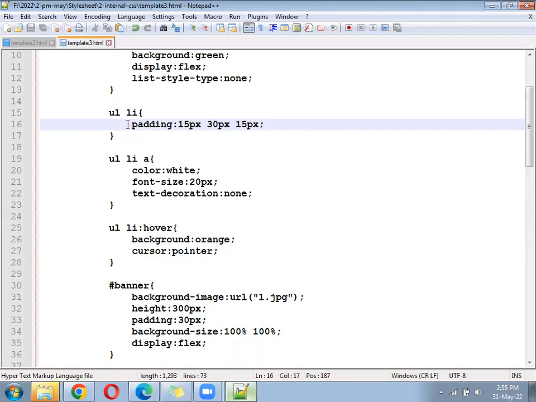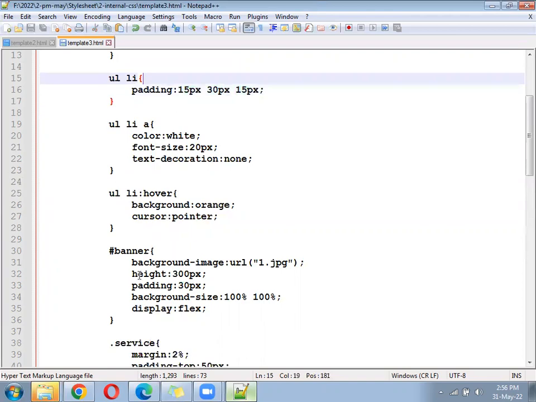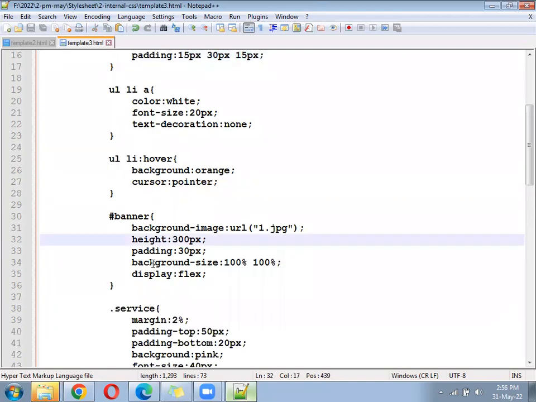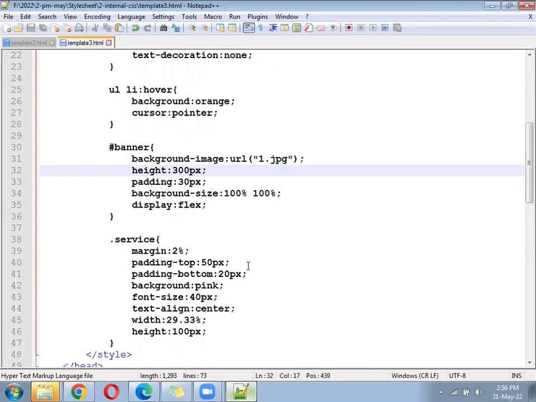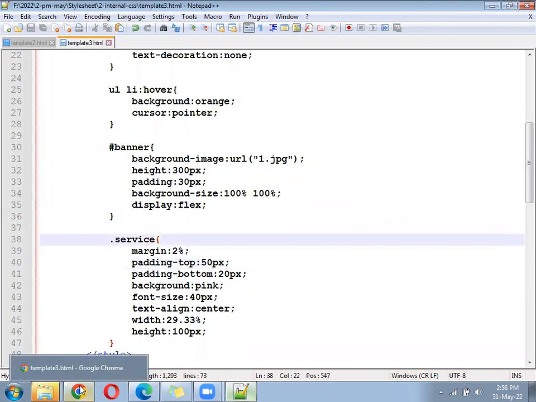Okay. So here we have written short code, whereas here we have not written the short code: padding-top separate and padding-bottom separate. Now, if you want to write separately, let it be. If you want to write short code, that also can be done. So check now. What is happening now?